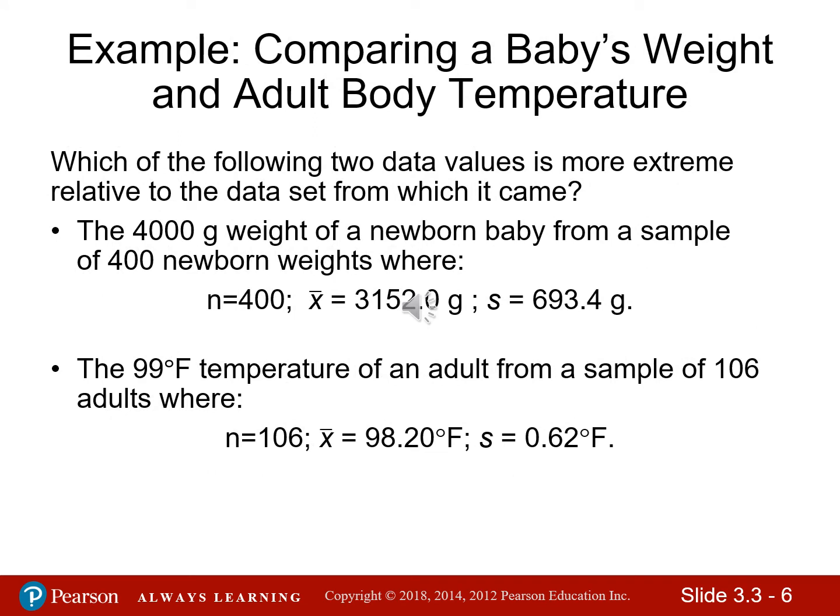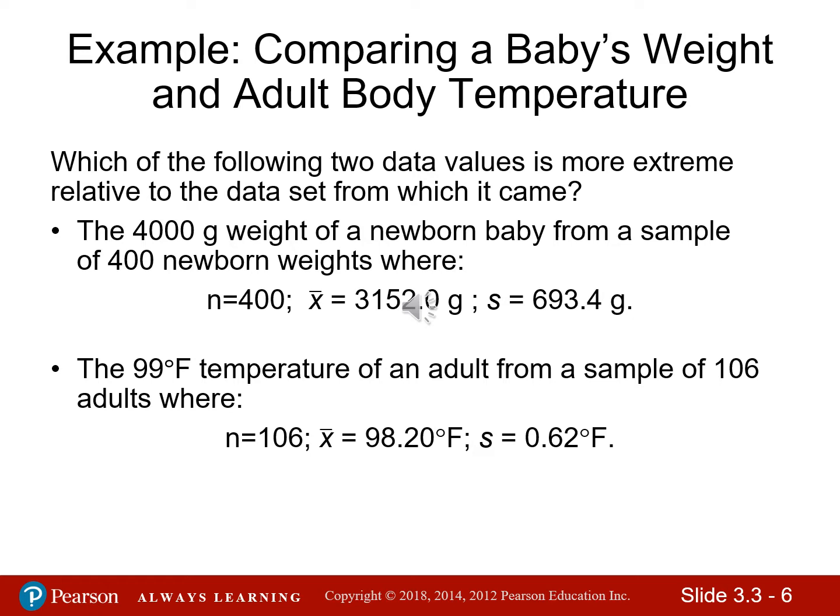Let's use z-scores to compare the weight of a newborn to the body temperature of an adult. Which of the following two data values is more extreme relative to the data set from which it came? Our first data value is the weight of a newborn from a sample of 400 newborns. This newborn weighs 4,000 grams. The mean weight of the sample of newborns is 3,152 grams. And the sample standard deviation of our sample of newborns is